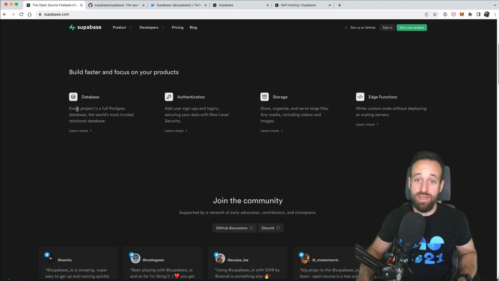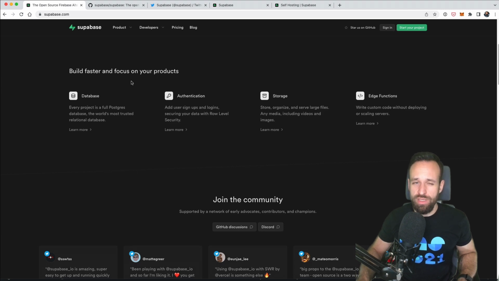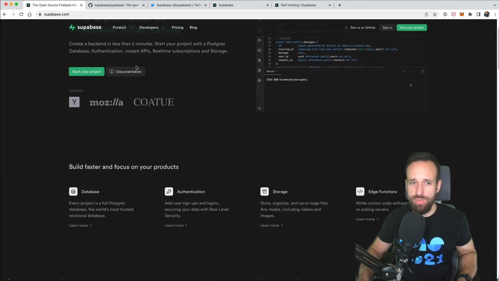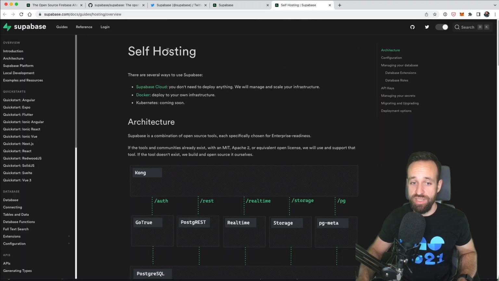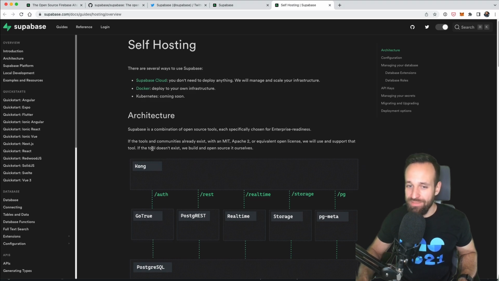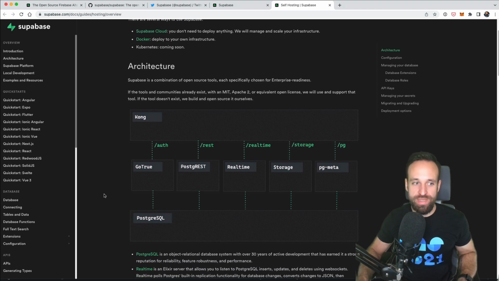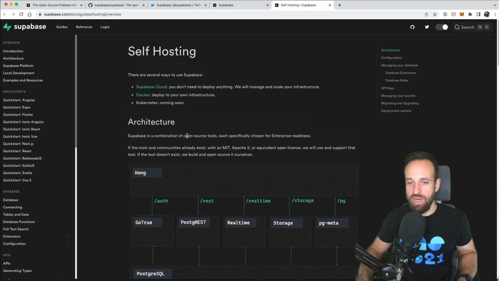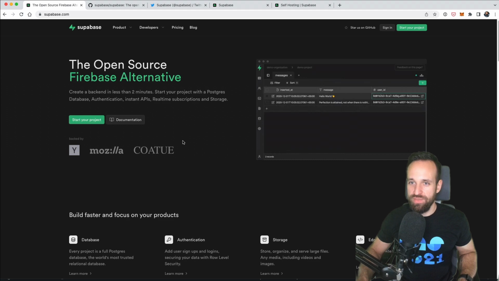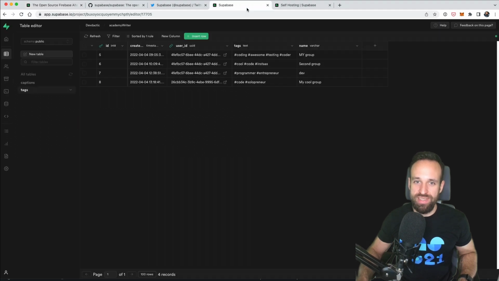Everything is open, and although you usually get started with Supabase like you get with Firebase, you can actually also use the self-hosting approach. This is for some companies pretty interesting, and we're gonna take a look at this for the other backends as well. I haven't done this by now, but it's definitely possible. So the possibility exists, which makes this a pretty cool option in general.